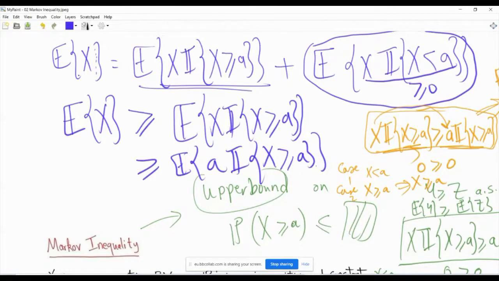Yes, yeah, okay. So it's basically a lower bound on this term here. Okay, and then we put it here, and then we are done. We just have two steps, basically using the properties of expectation.